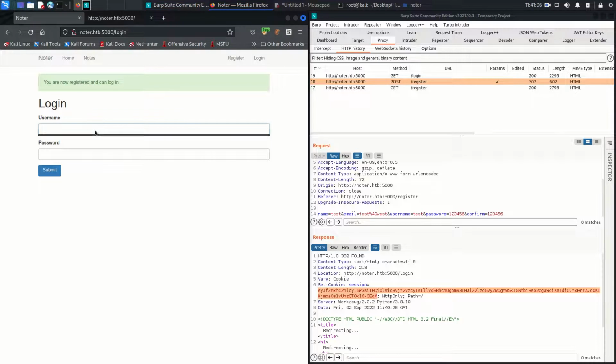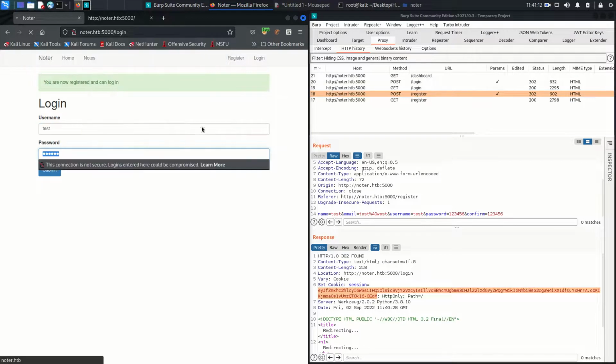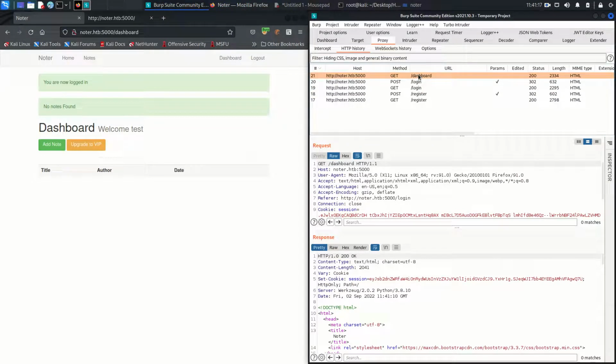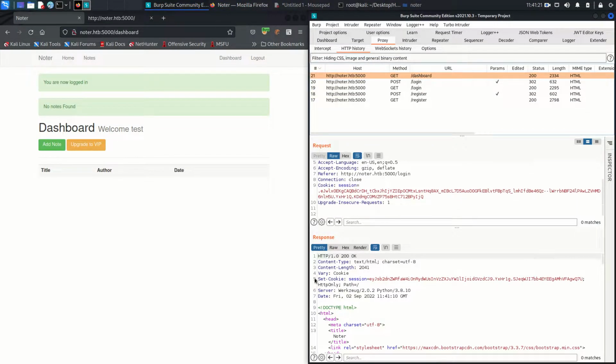Next thing, I'm going to log in. So test 123456, hit enter, and as we hit enter, we get to the dashboard. And once we log in, the server again in the response sets a session cookie, and that seems a JWT token. But let's see,